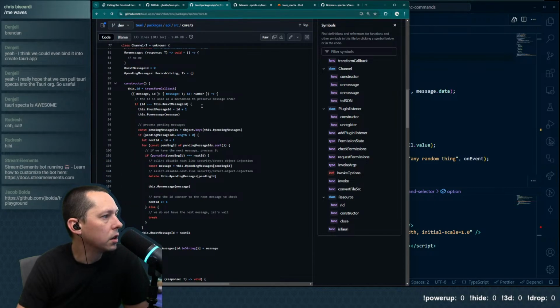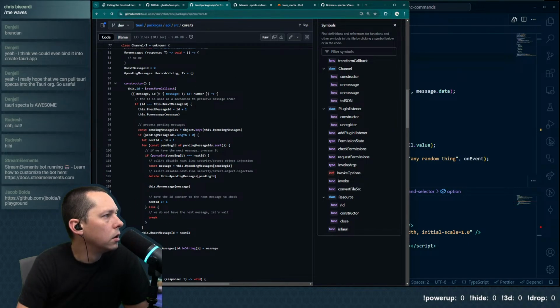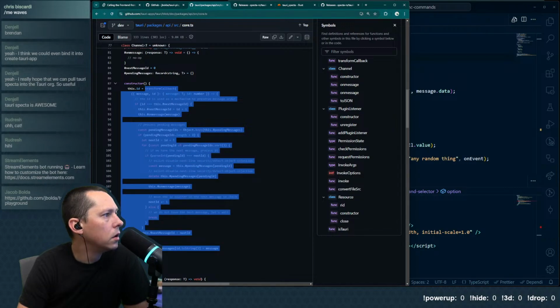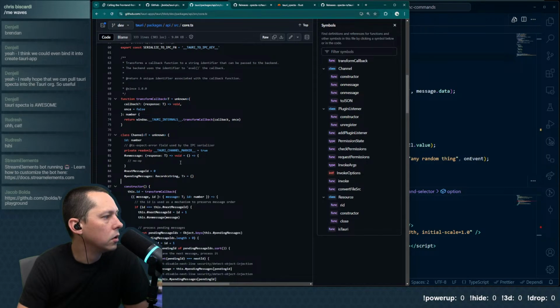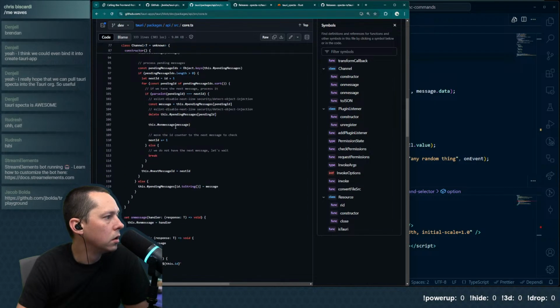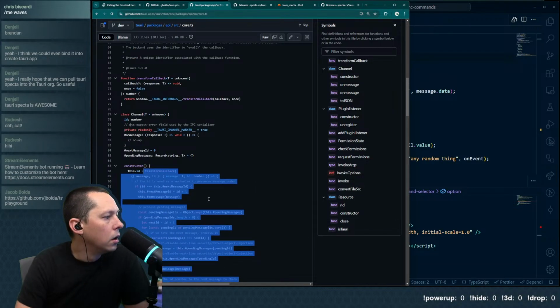I don't know the use of that at the moment, but we will come back to it. So we've got a big function in our constructor: pending messages, next message ID. And it's setting an ID based off of the transform callback.